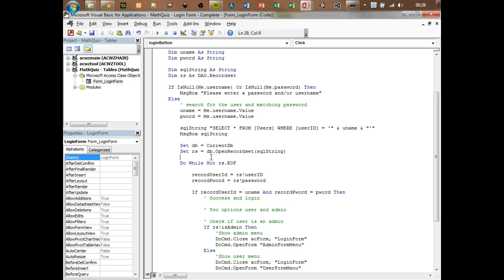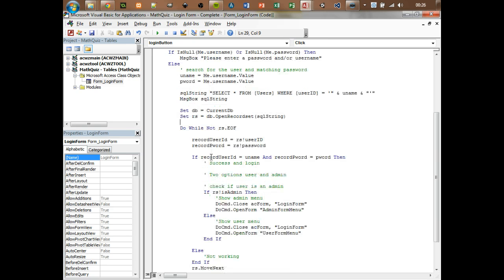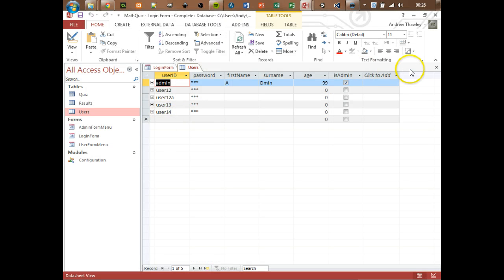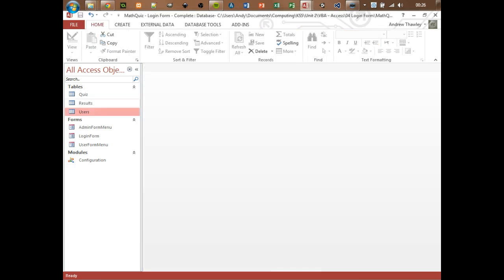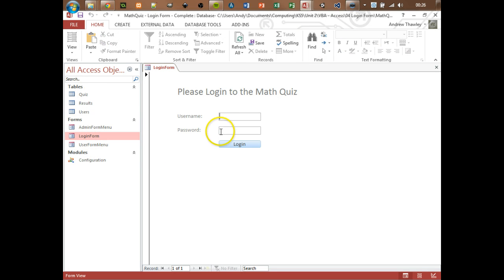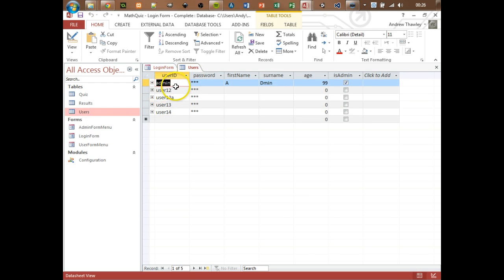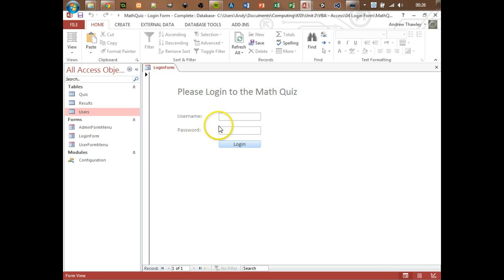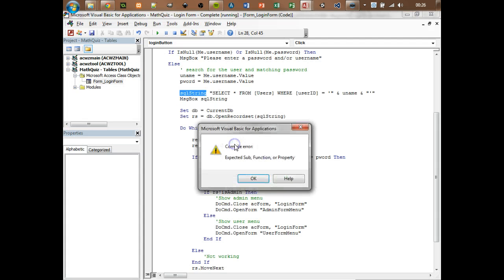Now what we might want to do is say if the password was incorrect, let's put another message on. So let's actually go test it all first, see if it is actually running. So I'm going to close that, open up our login form. I actually need to work out what one of these is. So admin was A, and I'm just going to change that to 123, and also user 12. I'm just going to set that to 123 as well. So admin and user 12 I've just set to 123. So admin 123. Oh,